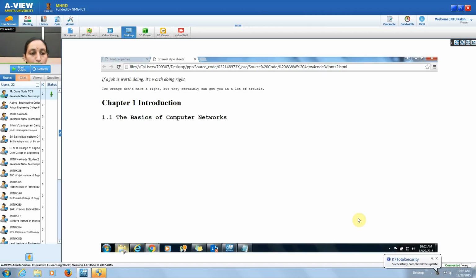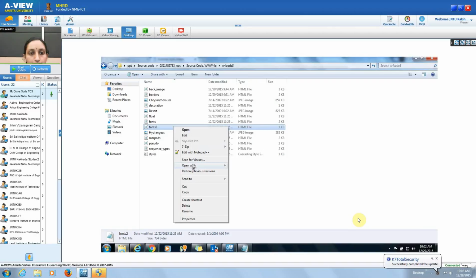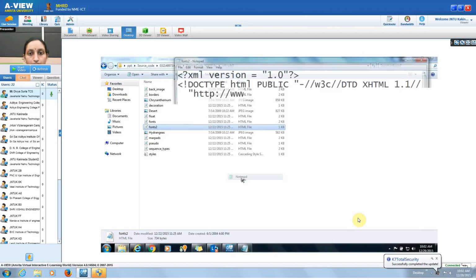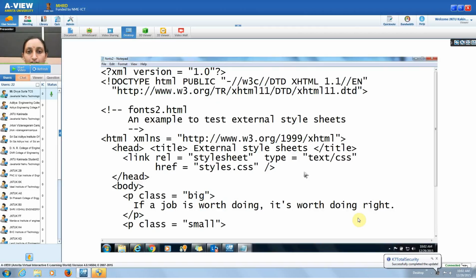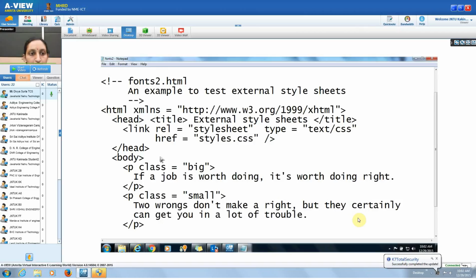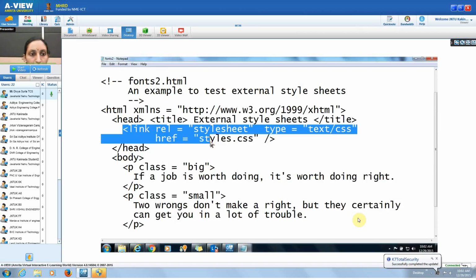This is the example of external style sheets. Till now you have seen the inline as well as document level or internal style sheets. Now coming to the external style sheets, use the attribute,